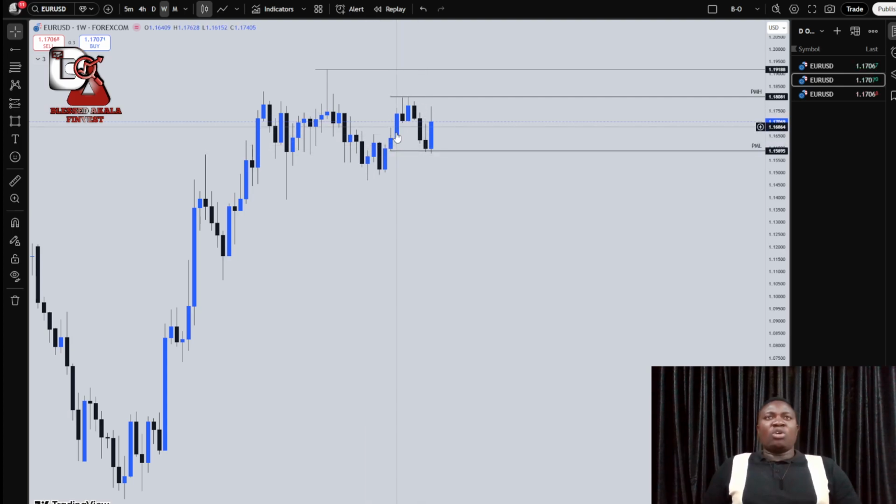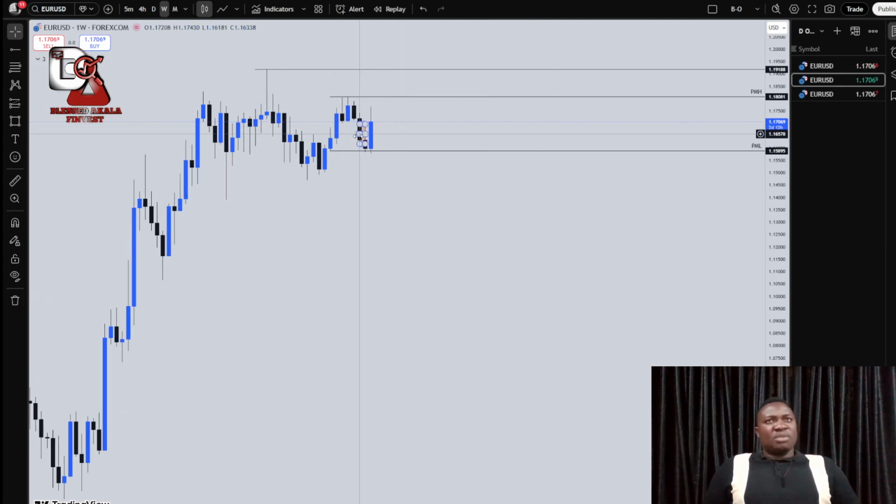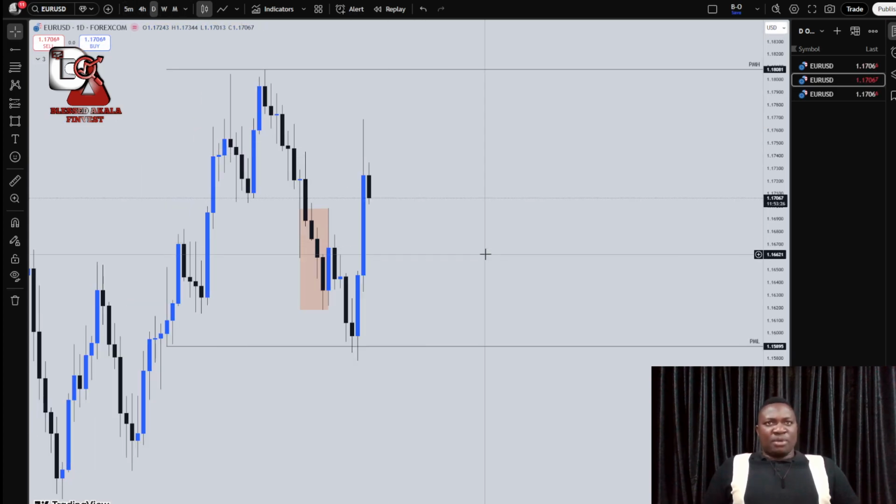That has properly mitigated this order block, it's not giving us some kind of nice reaction because we now have a closure, but this internal structure again has been invalidated. Let's mark it out. This internal structure that we have here has been invalidated, even though I was expecting that this internal structure is going to be a reclaim. Because if eventually we are supposed to come down, then this internal structure is not supposed to be transcended. So that might actually be our buying point now.